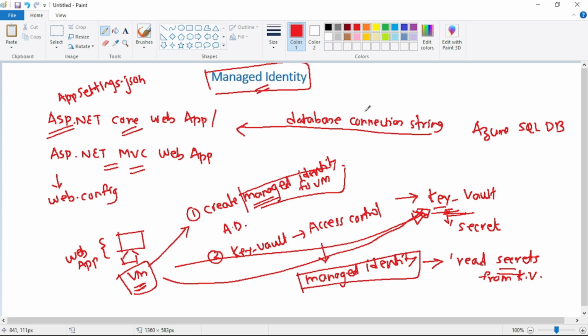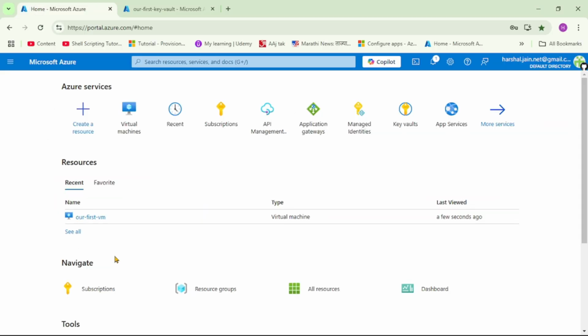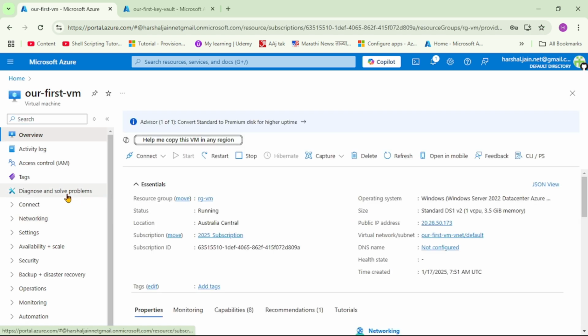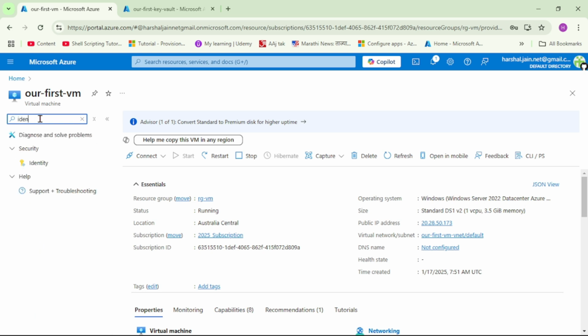And now let's quickly see it in action. So guys, we are in the Azure portal and let's open our VM. And now let's assign managed identity to this VM. So here under search, let's enter identity. Let's click on this.